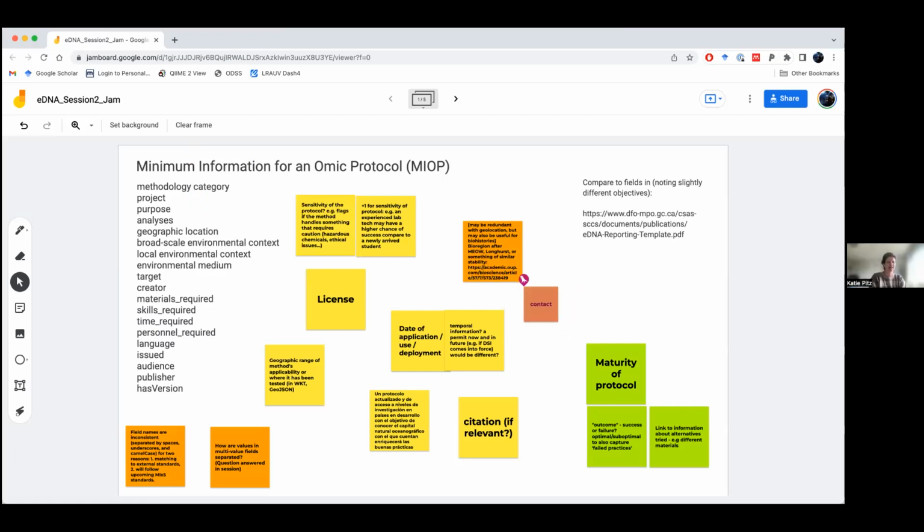I think it would be a great idea to have, for example, a set specific to metabarcoding protocols, which I'm working on a lot with eDNA. So you can easily know which metadata key fields might be important among those studies to compare between lab protocols. But that would be a great idea.